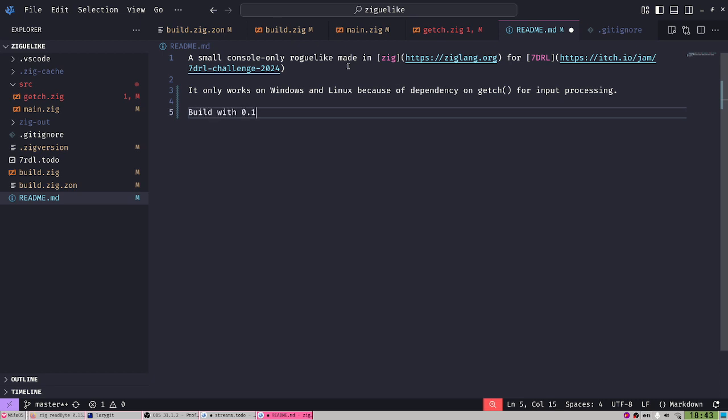Built with 0.15.1. Let's mention that. To build, do zig build run with Zig. Yeah, I think that makes sense. And do you put a dot at the end? Yeah, let's keep it like this. Should I put a dot at the end? It's a bit confusing because it's like 0.15.1 dot. The dot is not part of the number. Yeah, I'm going to keep it without.